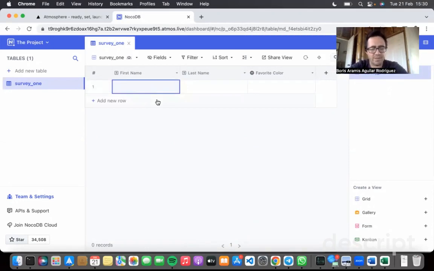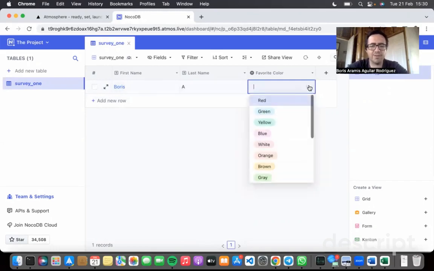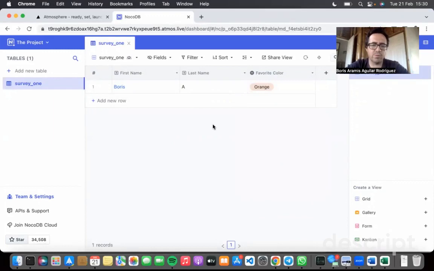So let's say I'm going to write my name and my last name. I'm going to select here which color I want. So for example, let's select green, and let's change it to orange. As easy as it is, like if you were working with a spreadsheet, you can start interacting with this table on NocoDB. But the beauty of this type of application is that beyond being able to create a database like this example here, because it is a basic example with only one table, you can actually